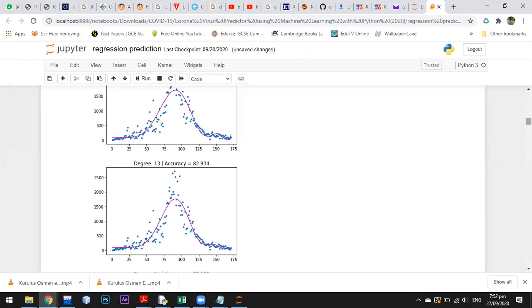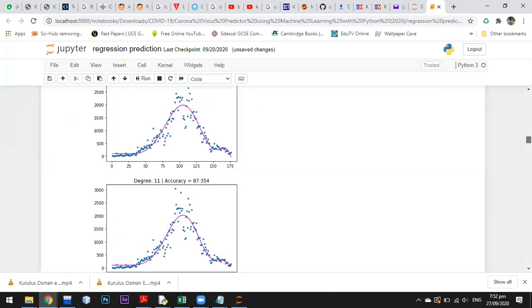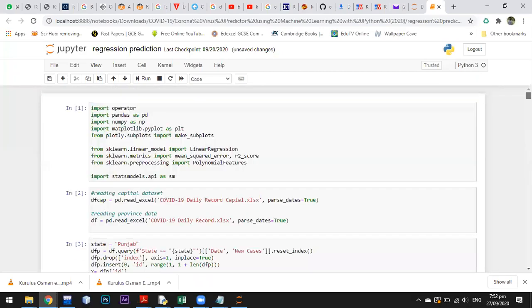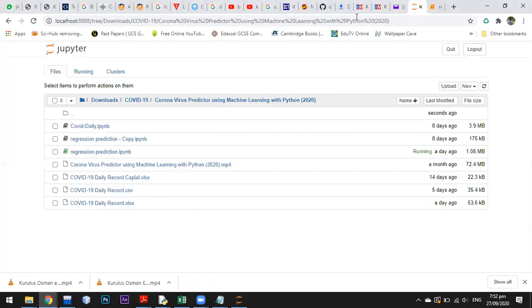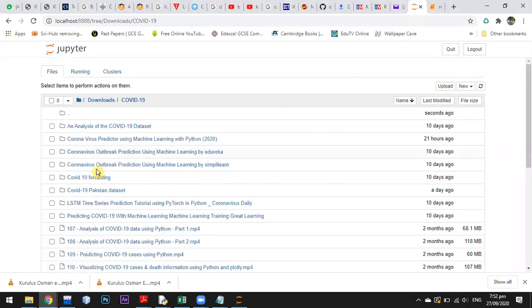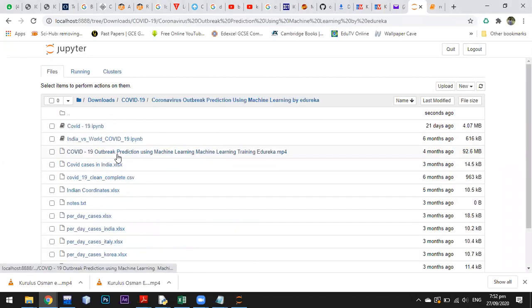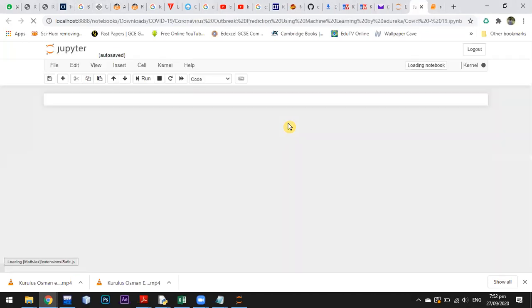Okay, and there are some more libraries that we will use, and let me show if there is something else I have. Let me go back, and maybe this can be helpful.